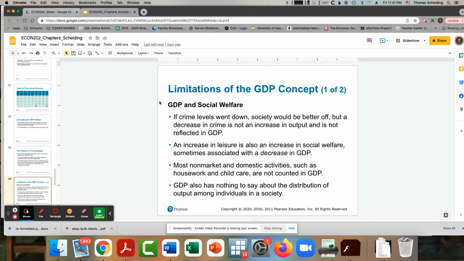Now, GDP is not a perfect measure. One of the problems of GDP is that it doesn't take into account bad things that happen, right? If you think about it, crime helps GDP. If I steal someone's car, then someone's going to need to buy a new car. That's helping the economy. If a fire burns down my house, I have to rebuild my house.